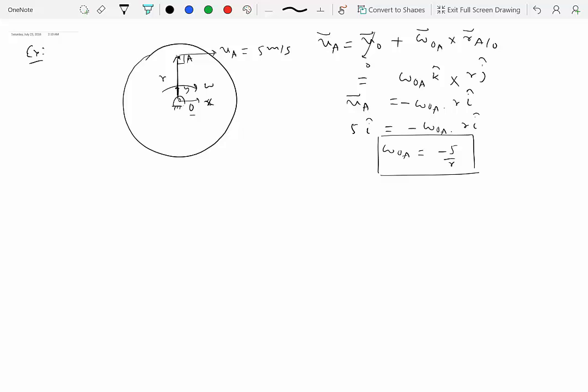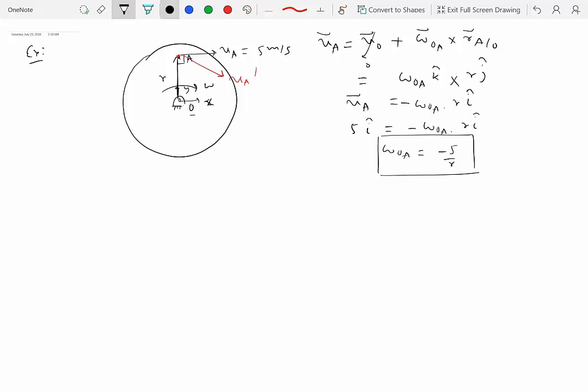Now let me say somebody says to you that here is another point, or maybe it's the same point A, but its velocity is actually this way. Okay, let's say this is V A prime. So it is the same disk, same gear, same cylinder, rotating about point O, and somebody says, here's the point A, and the velocity of this point A is V A prime, shown this way. That is not possible. How do you know it is not possible?